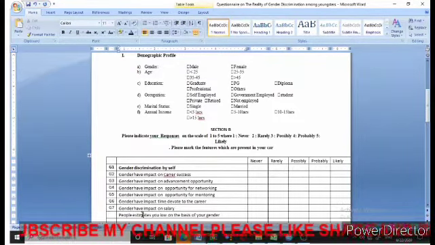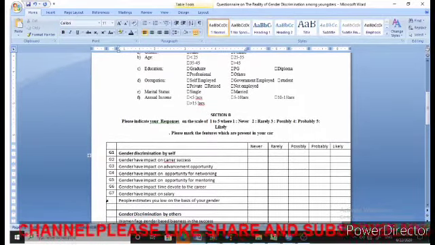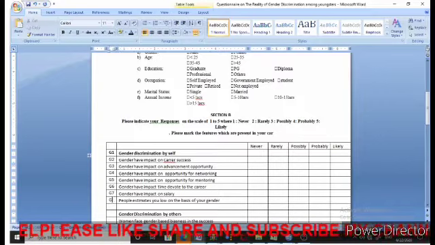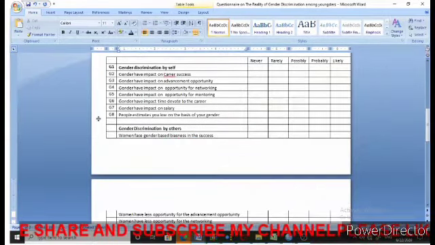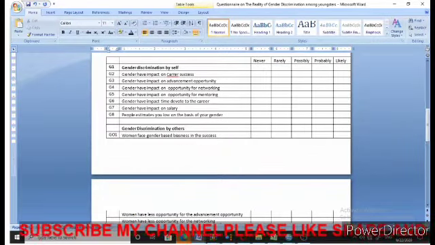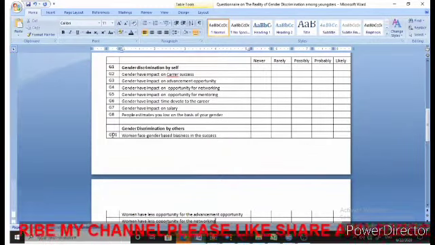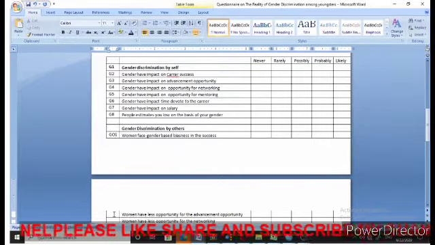And G8, right? Another is gender discrimination by others, so I will put it as GO, or GO1. What other thing about gender discrimination?